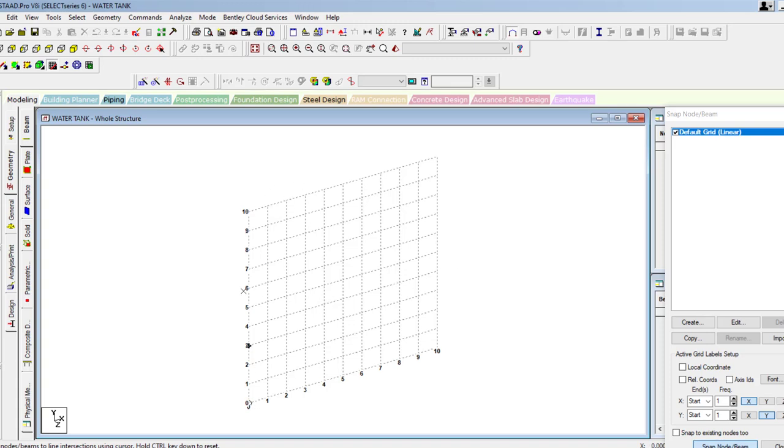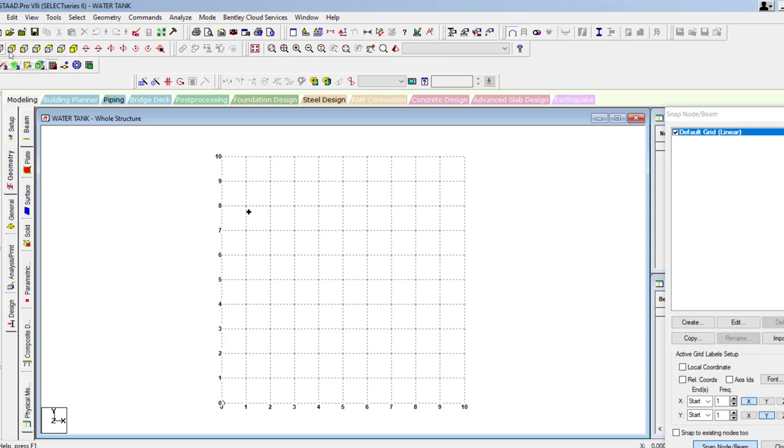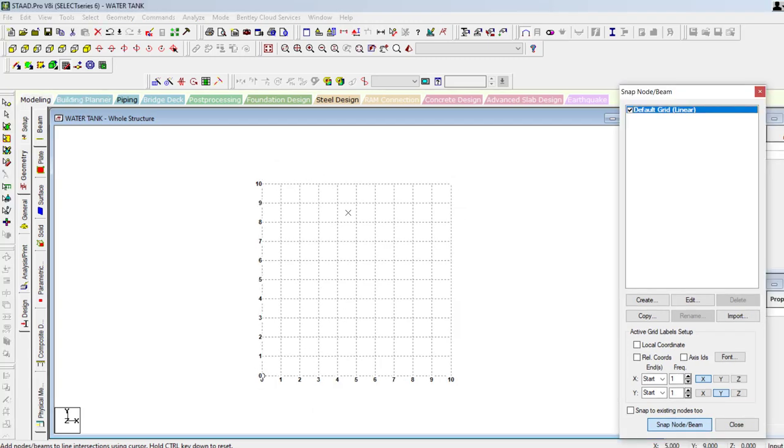So I just keep the XY plane and then click on the front view so that I can draw the cross section of the water tank. I just go according to the problem. We have 6 meter width. I am starting from this, and then height, total height is 15 meter. I divided into 5 steps, means 3 meter like this.